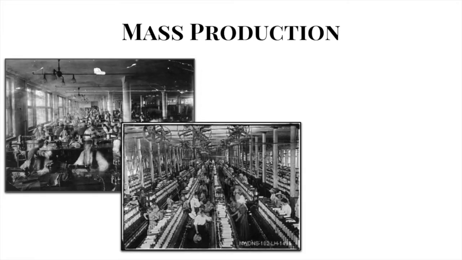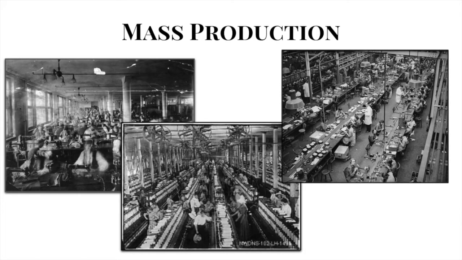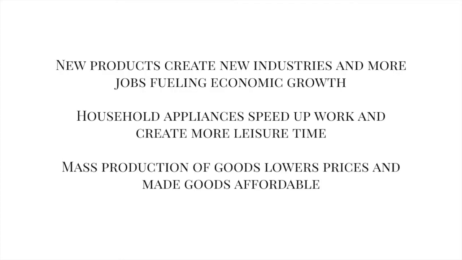So we're seeing the development of these huge factories with hundreds and hundreds of people working on machines, mass producing these goods. So mass production allows us to make the same good, essentially the same way with the same parts, and make it really, really fast. So we're no longer making things necessarily by hand. We're making them mass produced with machinery, and that speeds up the process and also makes it cheaper.